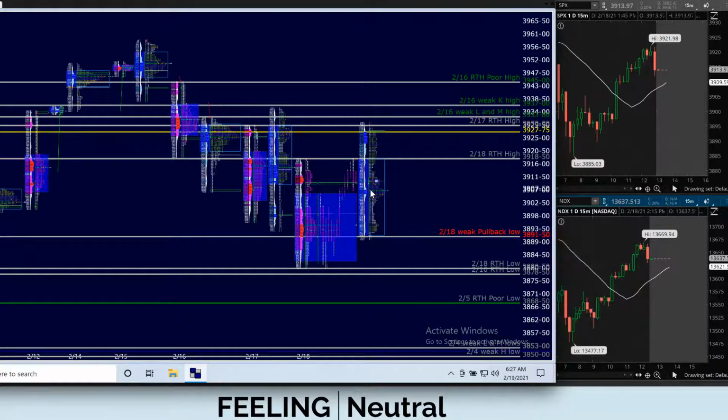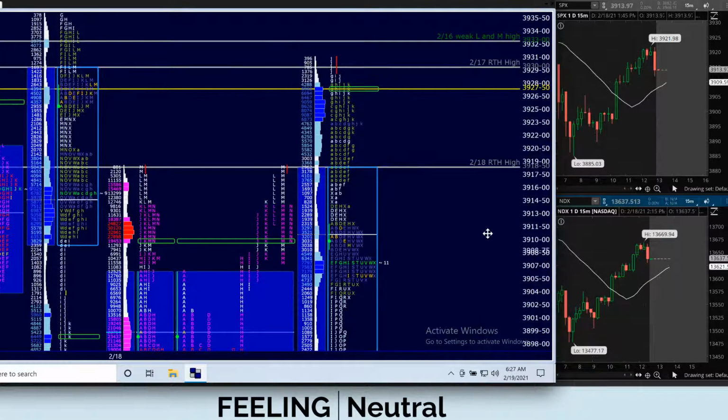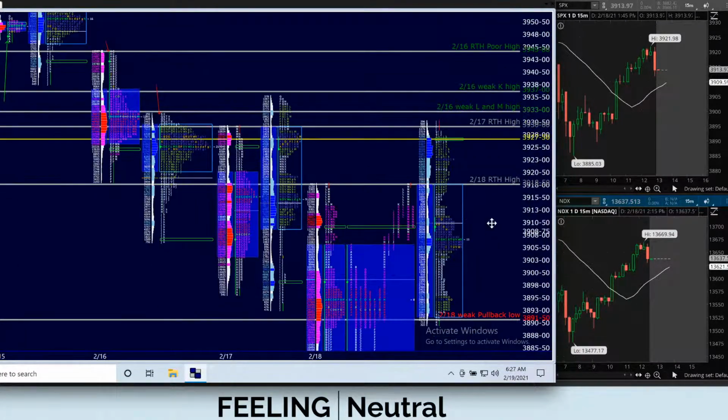This was our closing price yesterday. This was the high of the day. So we are going to have a gap higher. Gap rules will be in play this morning. What are gap rules? Gap rules basically say that the...